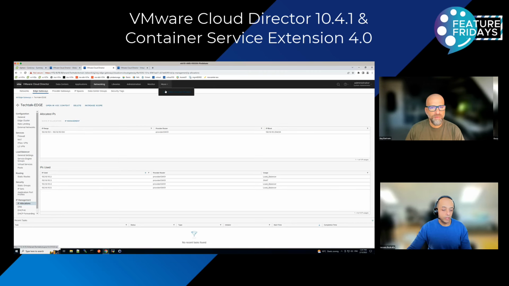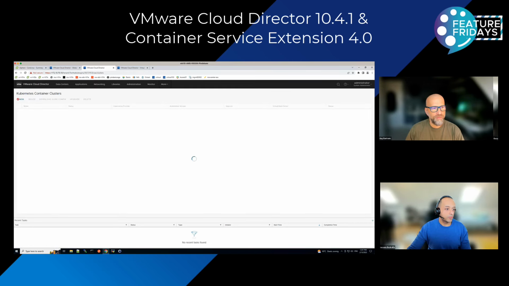Then you actually go here, and it's pretty straightforward. You just click on new. If you as a provider are offering multiple flavors, they will also appear here. So if I enable TKGS, which is enabled but not for that tenant, you will see the option, or give the option for your tenant to choose either to go for a TKG or TKGS, for example. Or if you have a CSE 3.x, like in a coexistence model, as I said, you'll see also here the option if you want to have native Kubernetes clusters deployed.